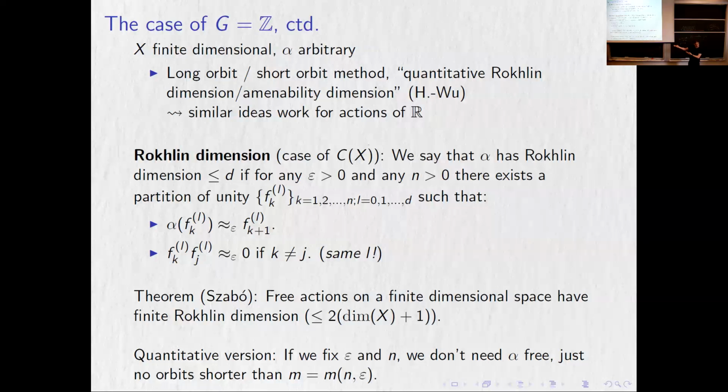Now that I know what length I need, I know what the minimum orbit length allowed is. In order to get Rokhlin towers of length at least 1 million, to within tolerance so and so, I need to exclude orbits of length at most something. As long as I know that there are no orbits shorter than 1 billion, I'm fine.